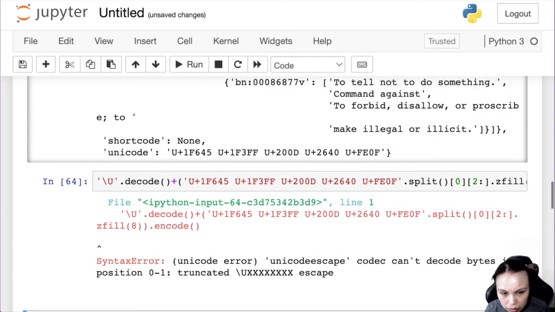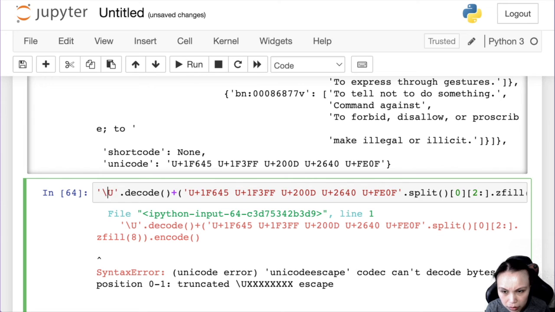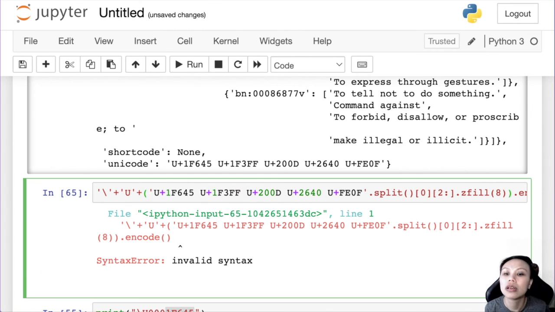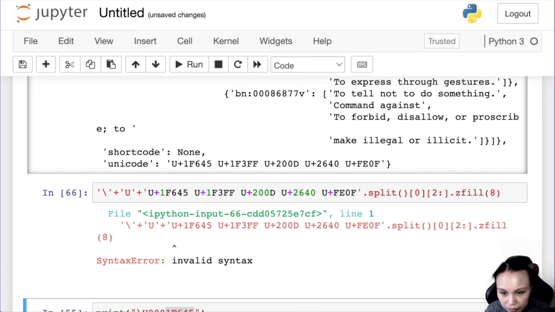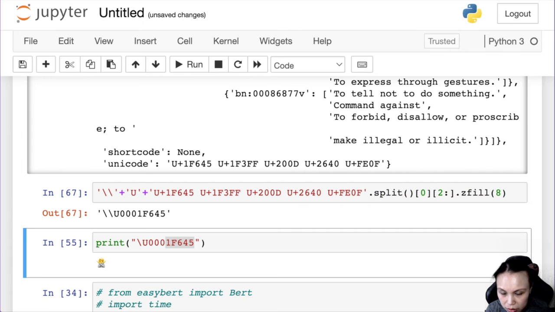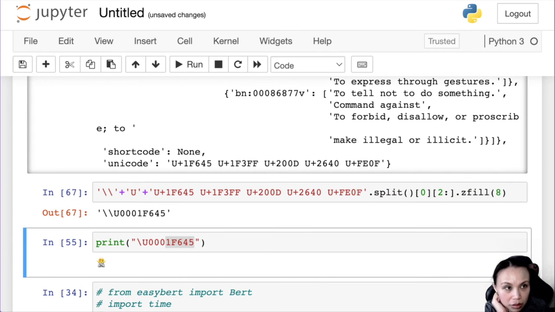So truncated. This is stupid. Right, invalid syntax. Why? Now I'm escaping it. Oh, because I'm escaping this. Alright, so I really can't. Yeah, so I really can't make this a Unicode.